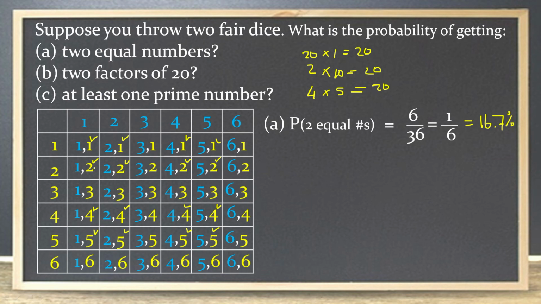So we see 1, 2, 3, 4, 5, 6, 7, 8, 9, 10, 11, 12, 13, 14, 15, 16. So we have 16 different ways that we can have two factors of 20. Okay, so our event for obtaining two factors of 20 is 16. So it means the probability of obtaining two factors of 20 is equal to 16 divided by 36, which is equal to